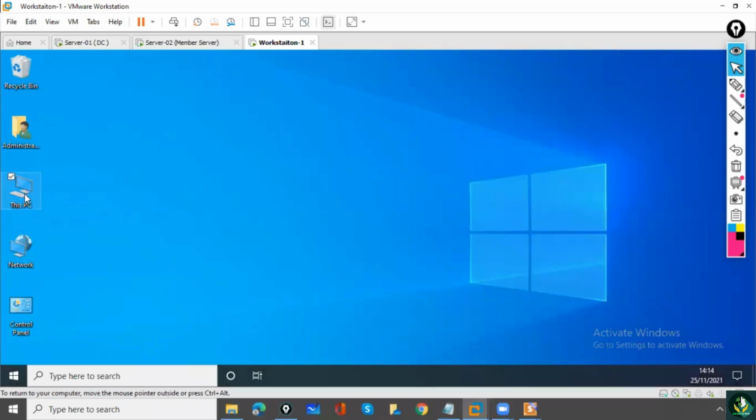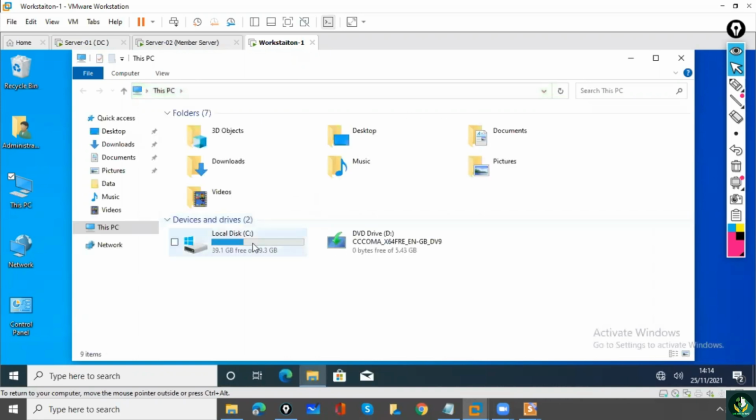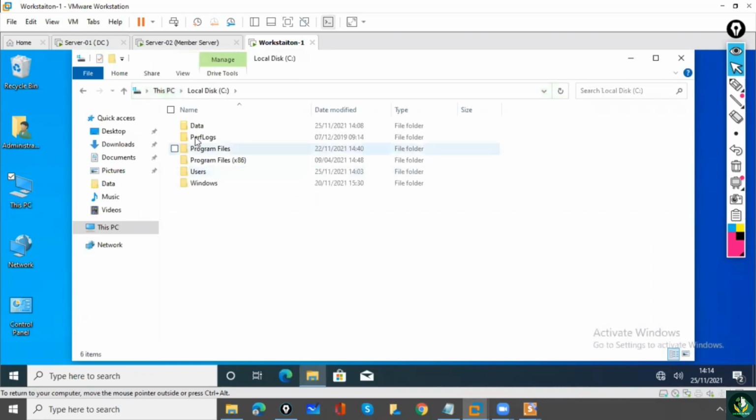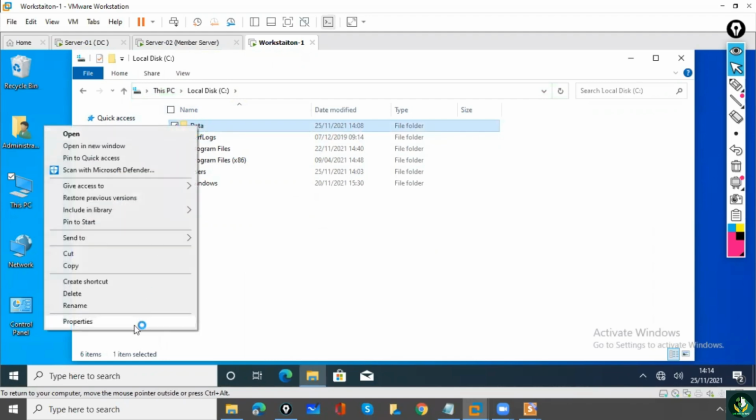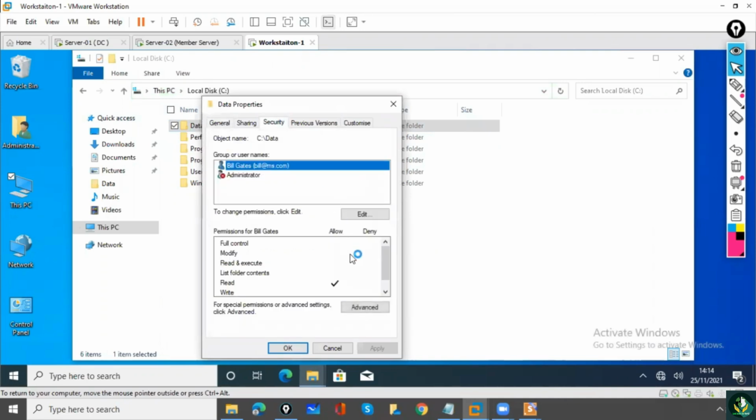So we'll go to this PC. Then we'll go to C drive. In C drive, we'll go to data. Okay, this is the administrator and he's having the full control. Right click, properties, security, edit,